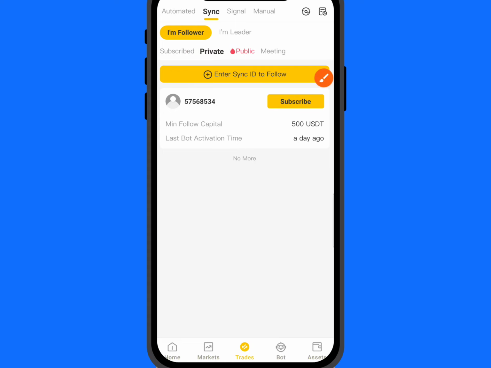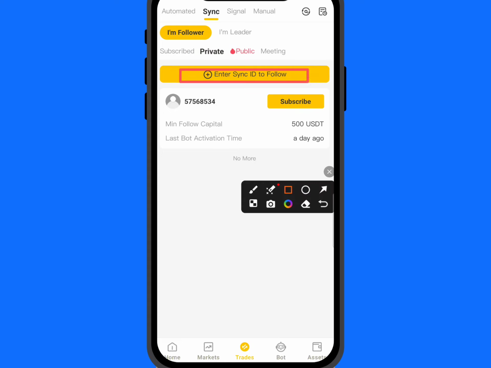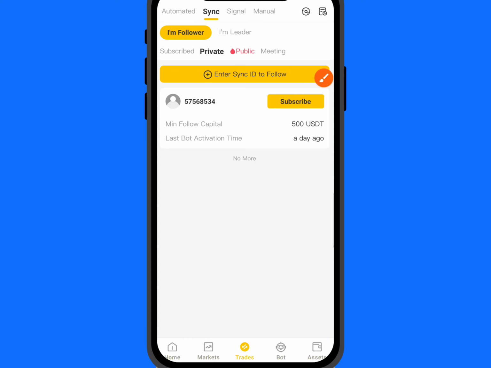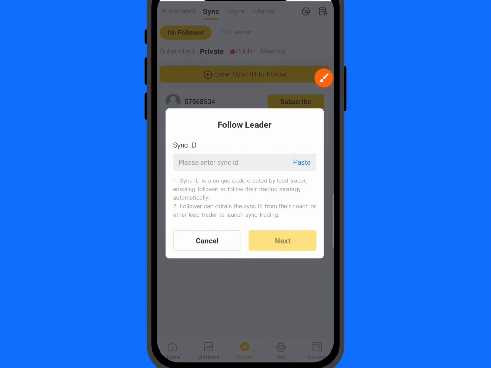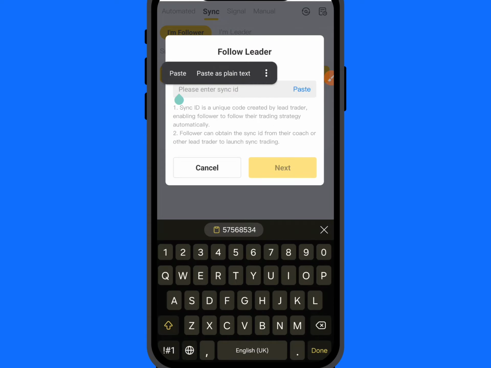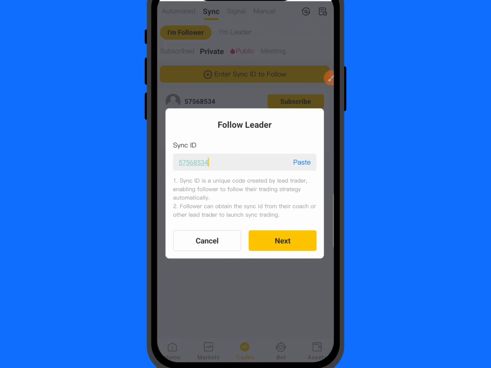Right now when you do that, you have to click on this particular area. You click on enter your synchronized ID follow. I will now copy and paste the ID right now so that you guys can see. You can see I'll paste that particular ID here. Paste. You can see the ID is